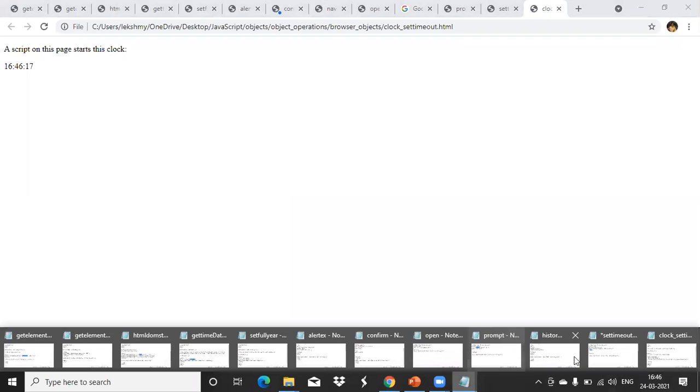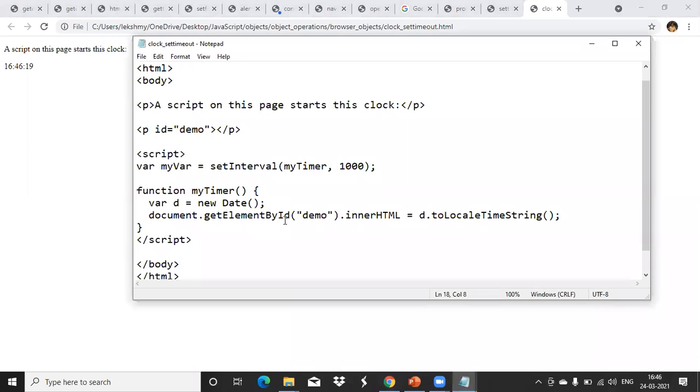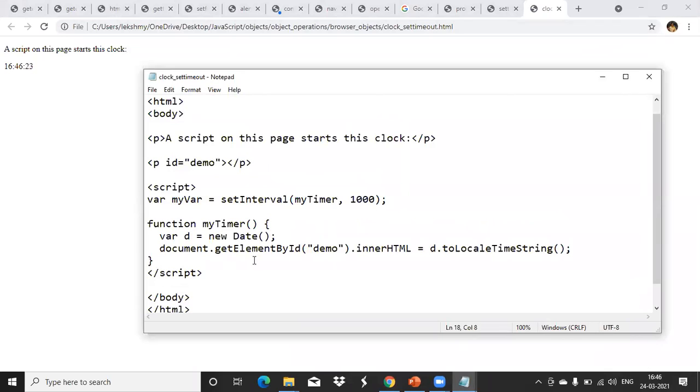You can see here that the current time only it is showing you, 16:46. The seconds are changing every time, so dynamically you are making changes there. Here we have to use the getElementById method only; that will work. If you try with document.write, that time it will not show you this thing. Okay, clear? So this is the way how you can place a clock in your web page.